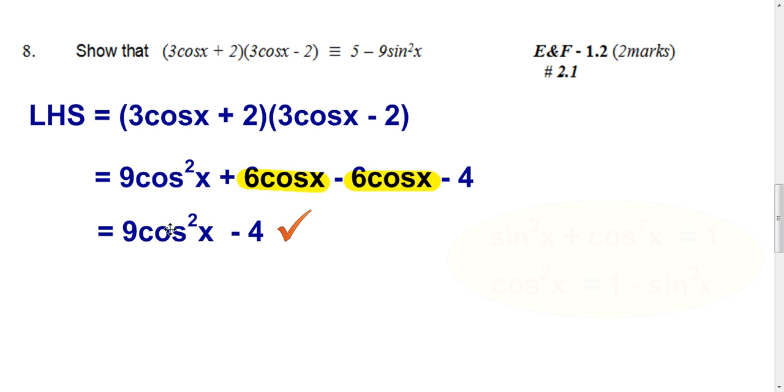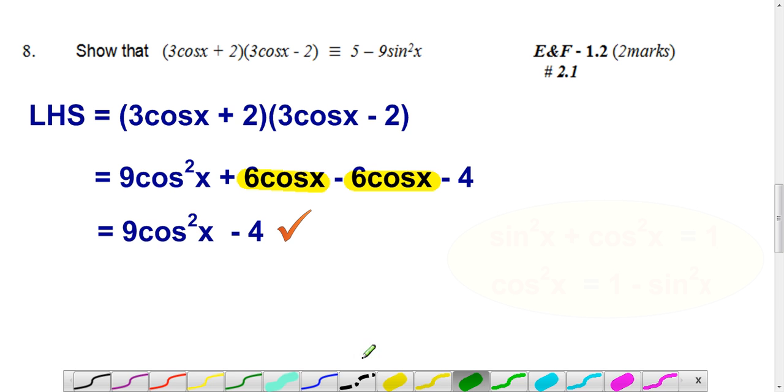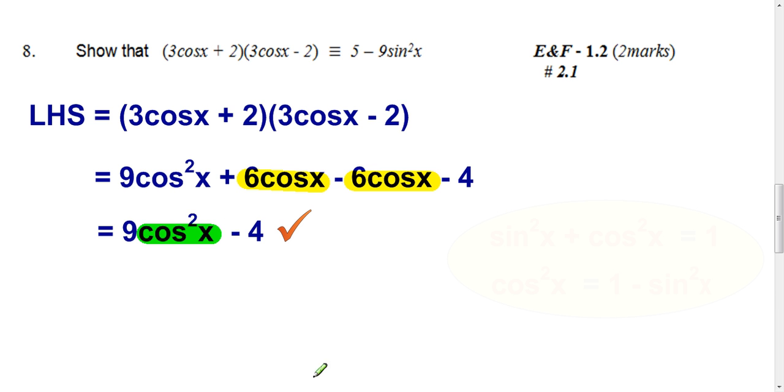Now, we're not looking for anything involving cos squared x. If I look up at here, I'm trying to make this equivalent to 5 minus 9 sine squared x. I don't really want this bit to be left there. So we have to remember